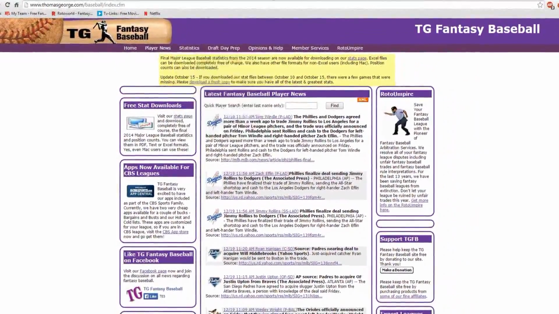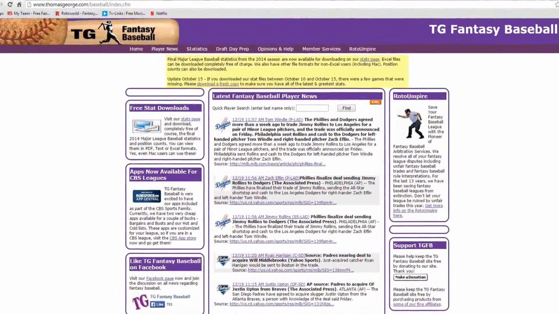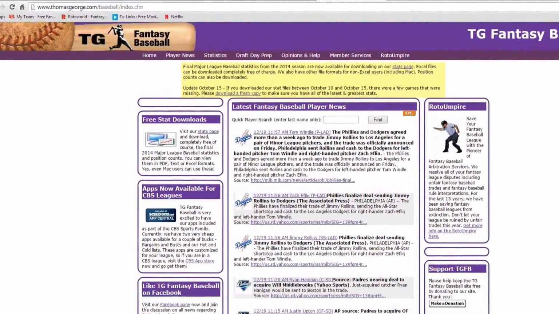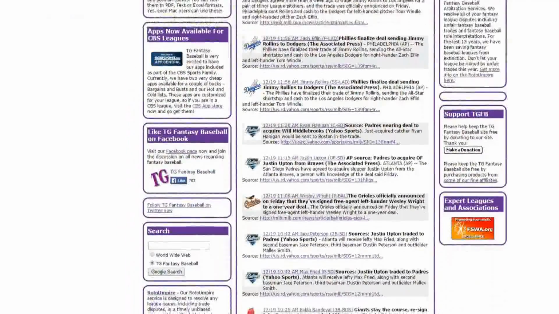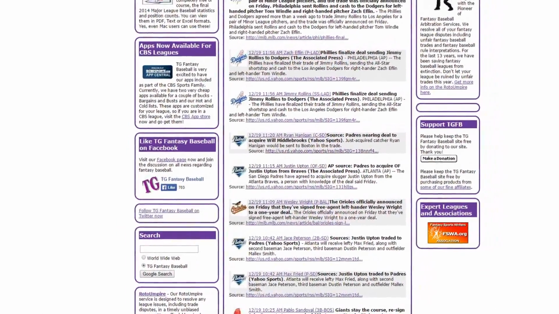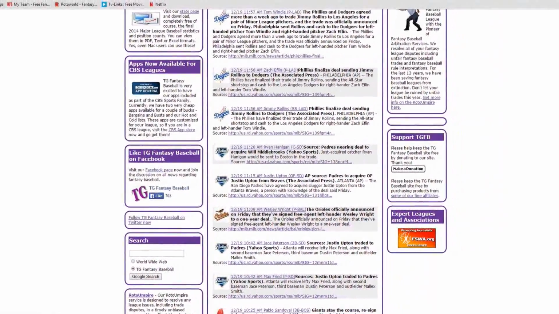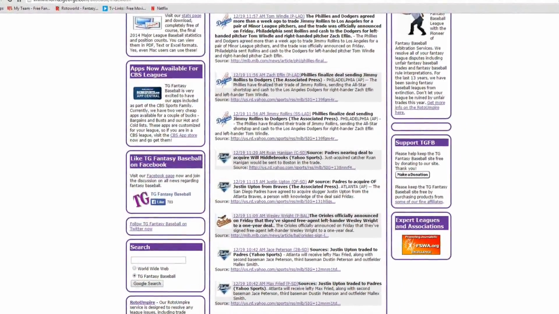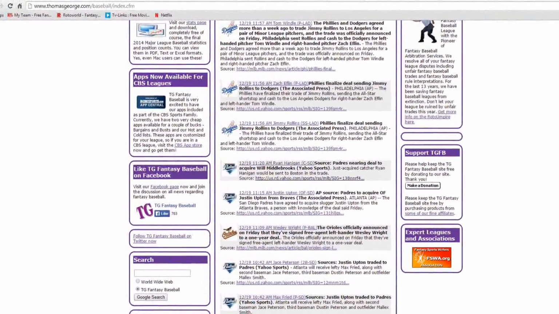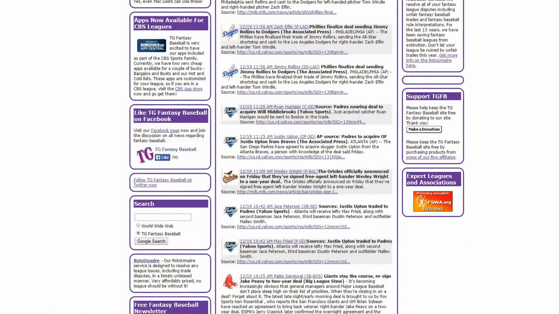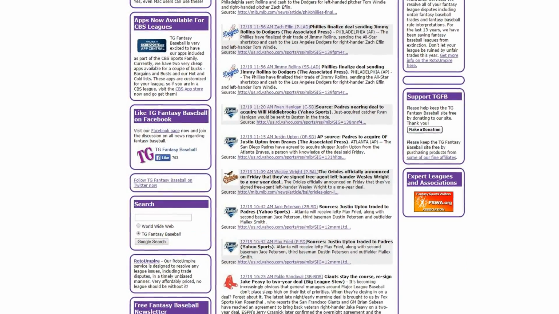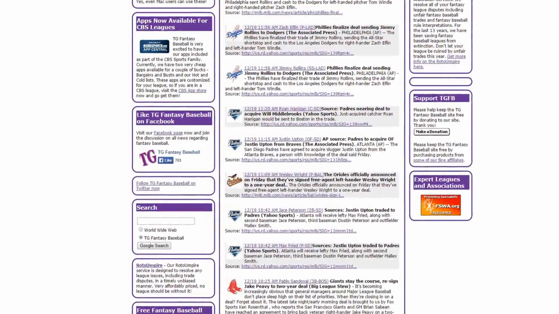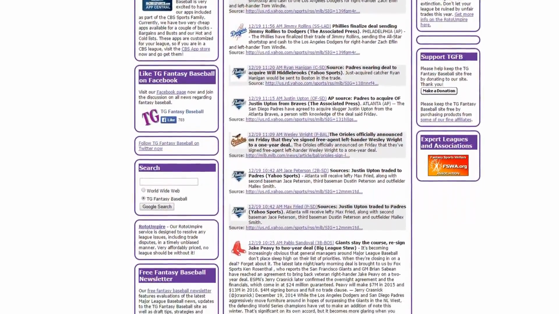You can also go to Yahoo, but it's pretty much the same thing. It's either or. We have ThomasGeorge.com. It's just fantasy player news. This helps. It should be an everyday thing. If you want to get really into fantasy and have a leg up, you should probably be checking out some of these next sites, probably daily when the season starts, just because you'll know when a player is injured day to day and if you should